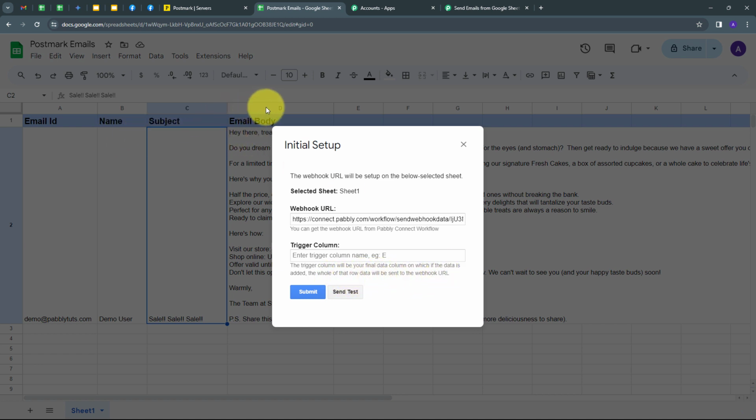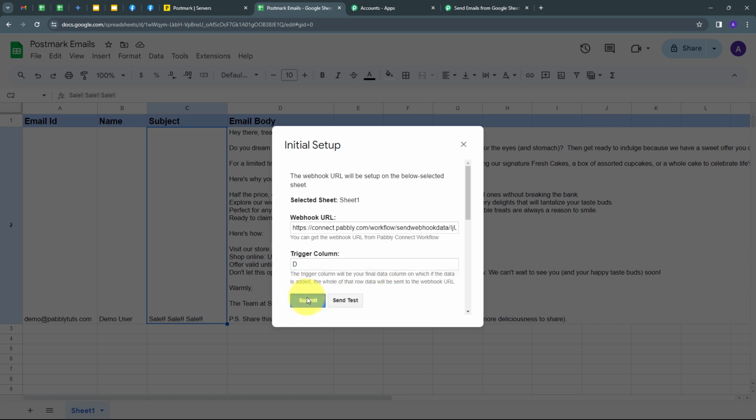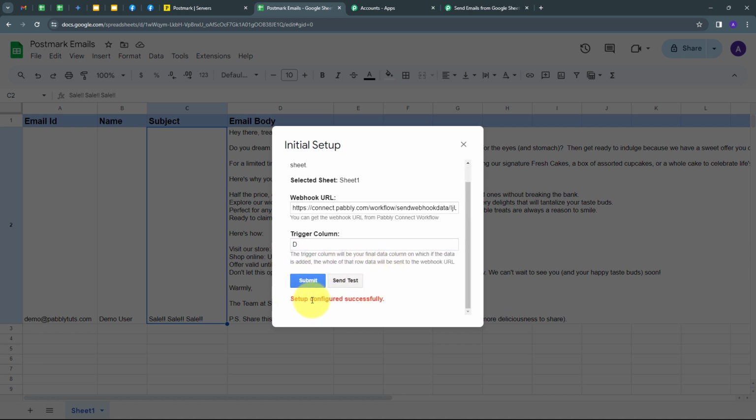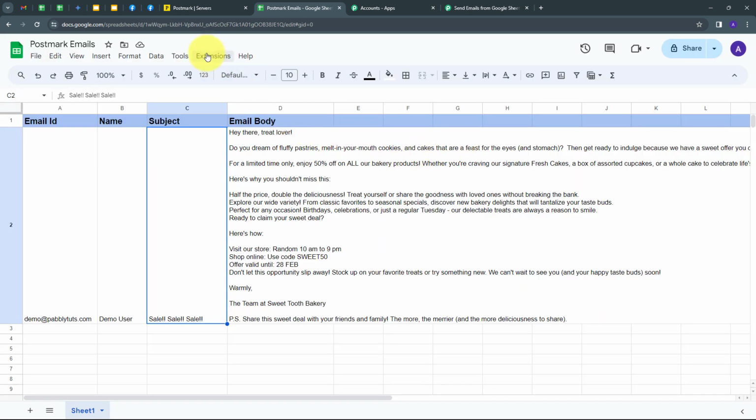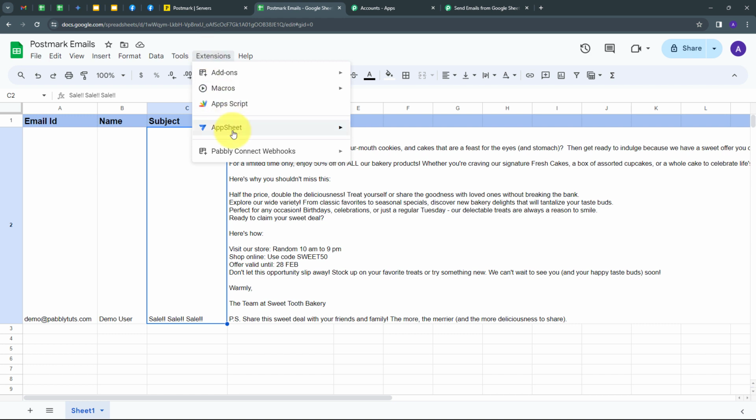Now in my Google Sheet, I have this column D, which is my last data entry column. So I'm going to type column D here and I'm going to click on send test. And now I will click on submit. And my setup is configured successfully. Now I'm going to close this and I will go back to extensions and I will go to Pabbly Connect